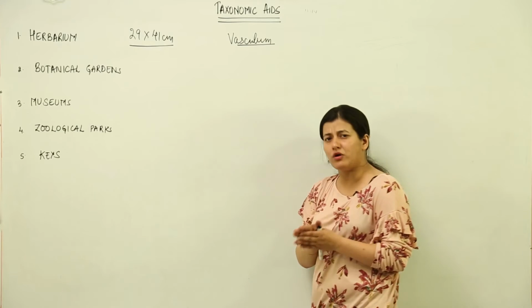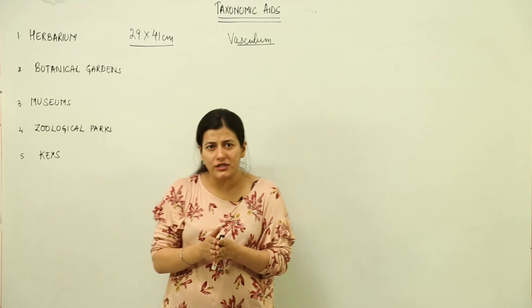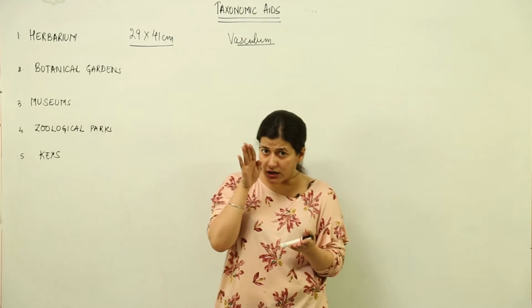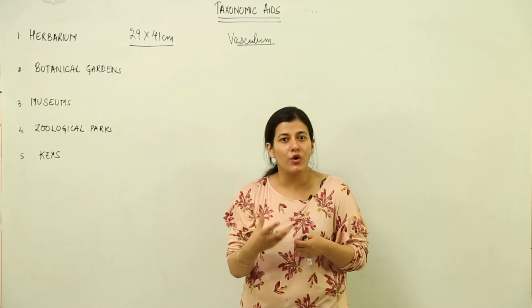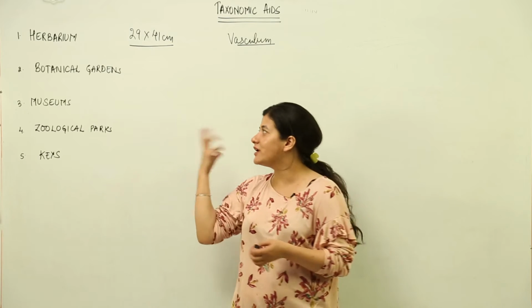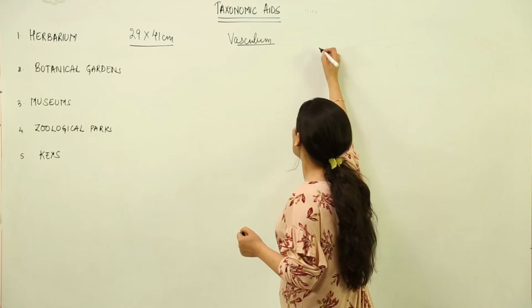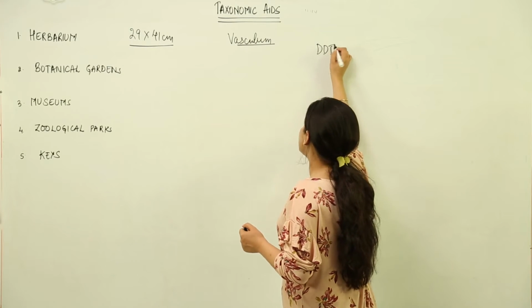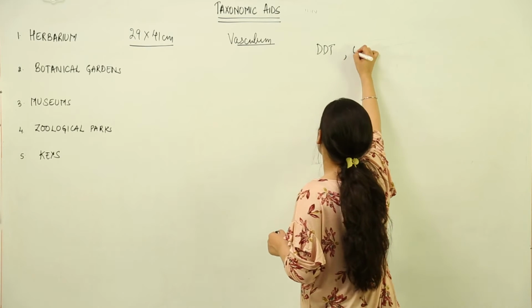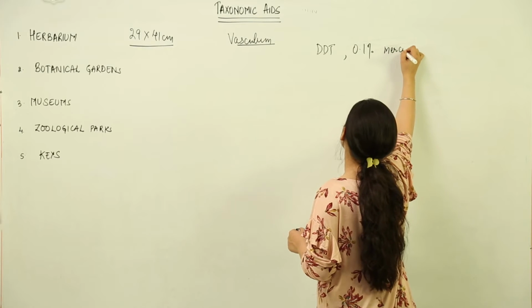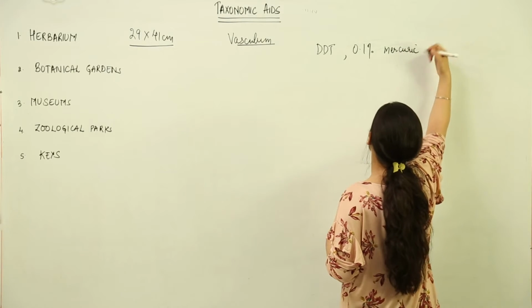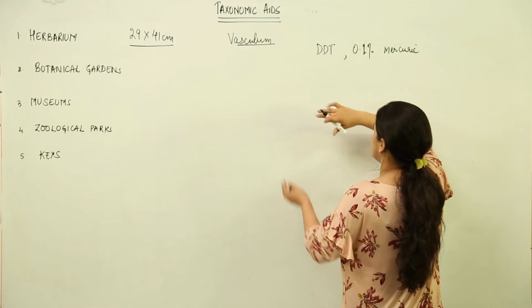Then, if not in a vasculum, it is stored in a polythene sheet. Then it is attached to the sheet with the help of glue. Then, in order to avoid any sort of infection, there is a DDT spray or pesticides, or 0.1% mercuric chloride is used for avoiding any sort of pest infestation of